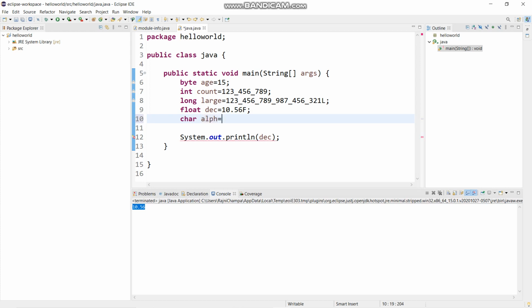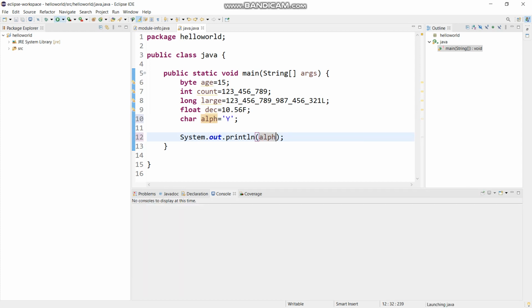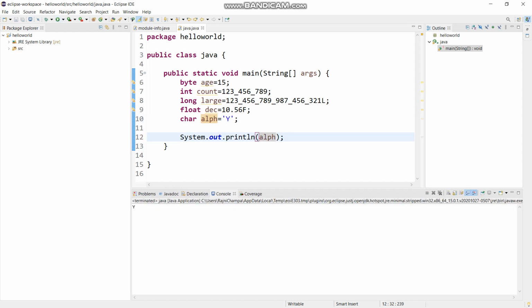If we are initializing any variable for character, we have to keep a single alphabet in single inverted commas. Now display alph on the console. Here you go, here you have written Y.